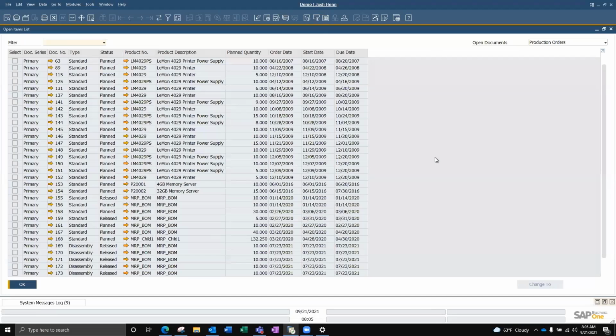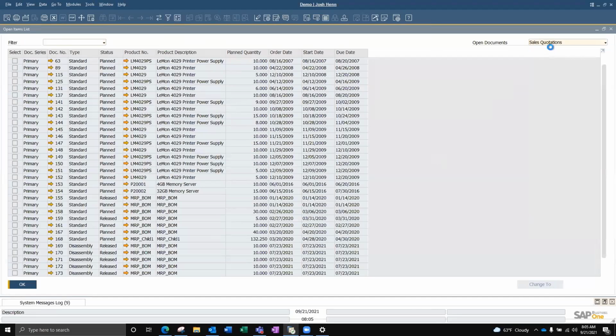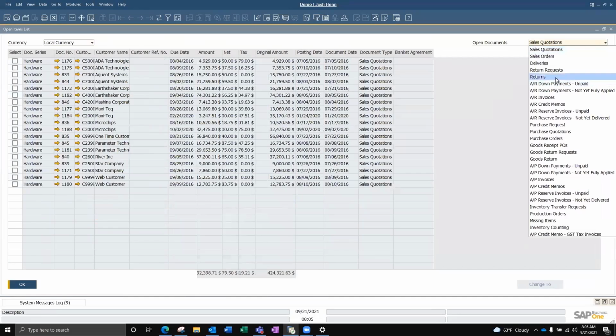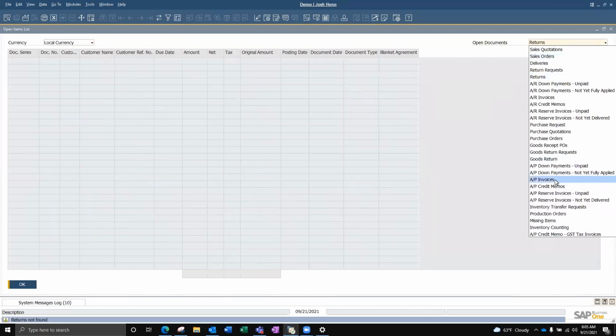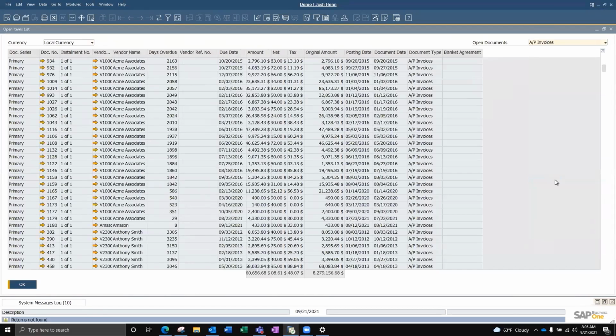What's great about the open item list report is that we can filter the documents on the right by seeing the open documents for sales quotes, returns, or any other documents that might be of use to you in SAP Business One.